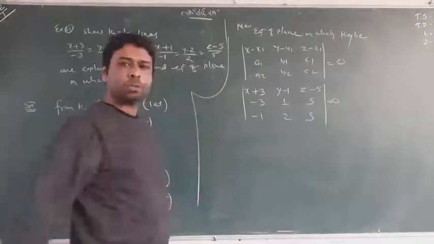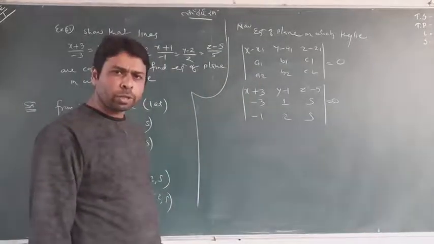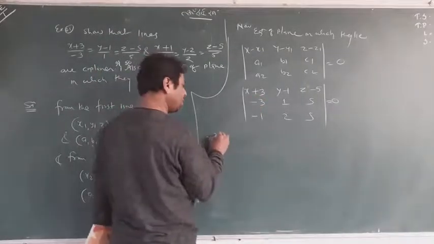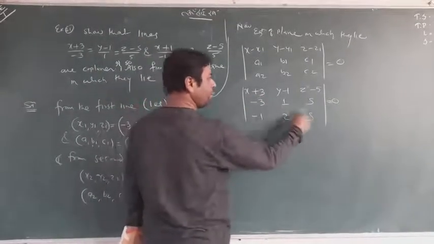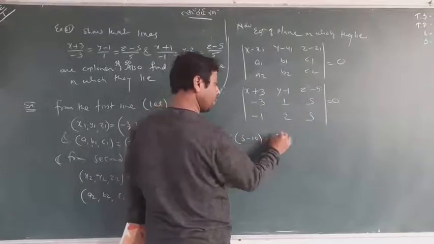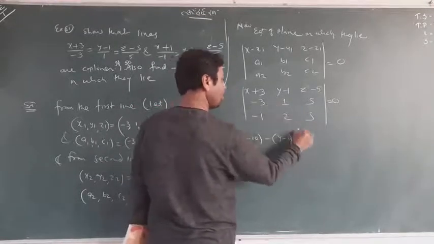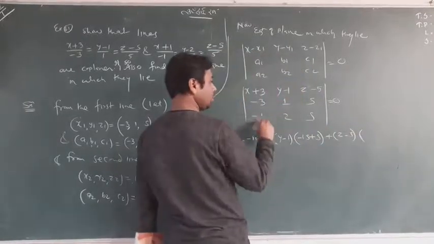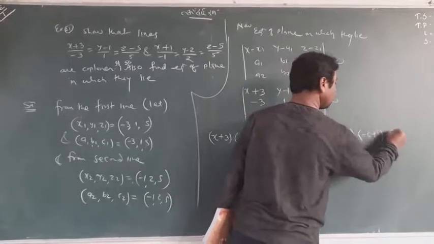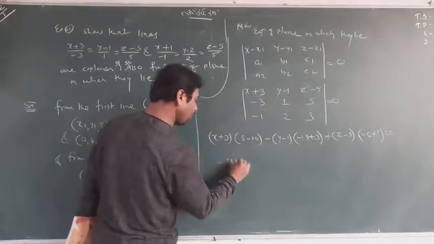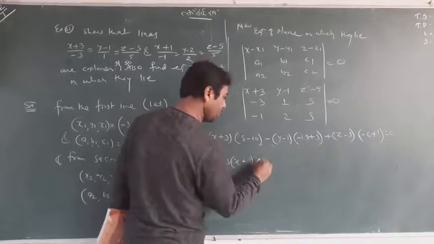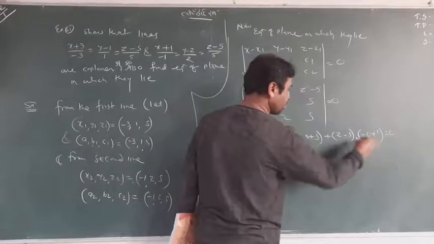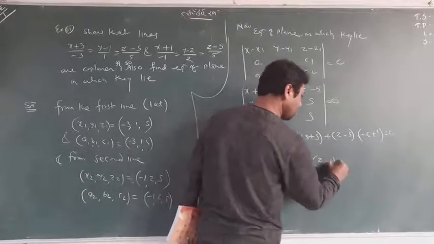Now you can solve it. You can solve it as you wish. You want to use any property or you want to do it directly. Suppose you are opening directly. So x plus 3, 5 ones are 5, 5 twos are 10, minus y minus 1, 5 3 is 15, plus 5, it is a plus z minus 5, 6 plus 1 is equal to 0. Now do it. This is minus 5 x plus 3. This is a plus minus 10 and minus plus 10. Y minus 1. This is minus 5. Z minus 1 equal to 0.